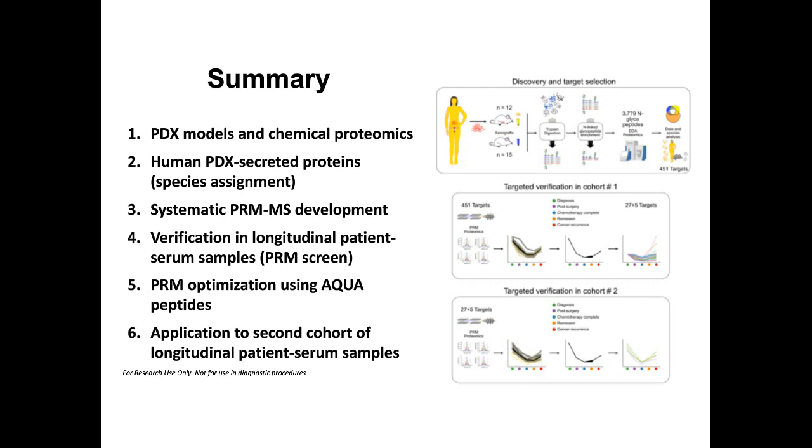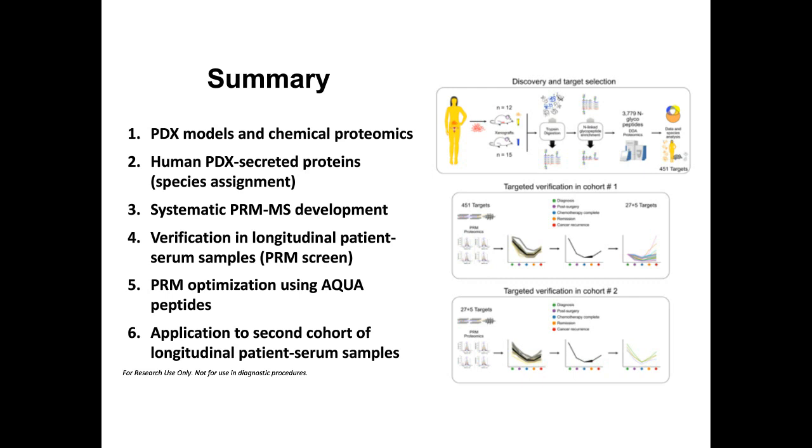So in summary, we used primary patient-derived xenograft models and a chemical proteomics approach to specifically enrich for N-glycopeptides. These are peptides of high relevance, since most current FDA-approved biomarkers are N-glycoproteins. These PDX models enable us to assign species to peptides that we identify, and hence unambiguously identify peptides or proteins that are made by the tumor, released from the tumor, and detected over serum background proteins using current shotgun proteomics approaches. We then synthesize a large number of these peptides as stable isotope labeled standards and systematically build a large